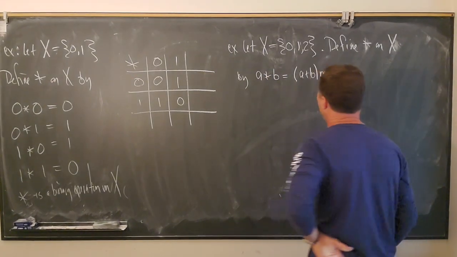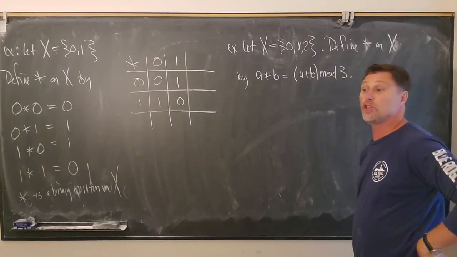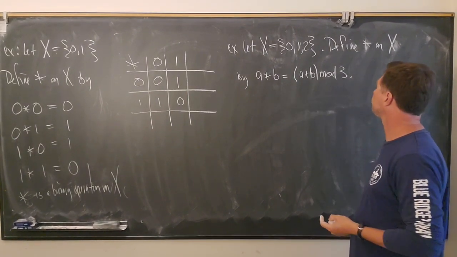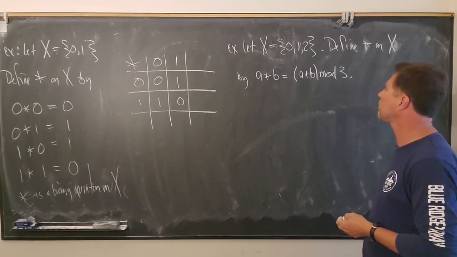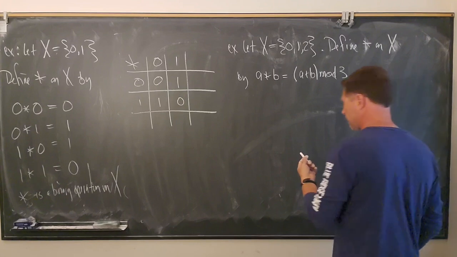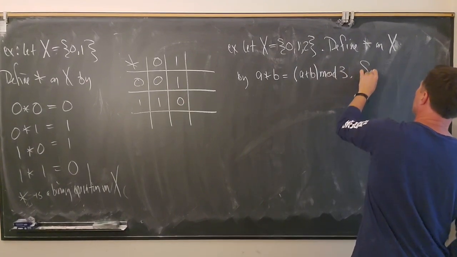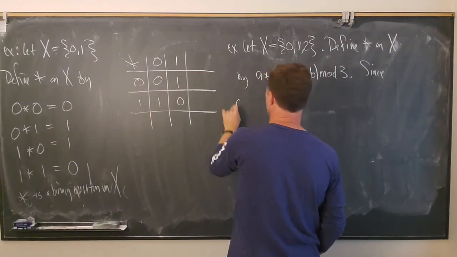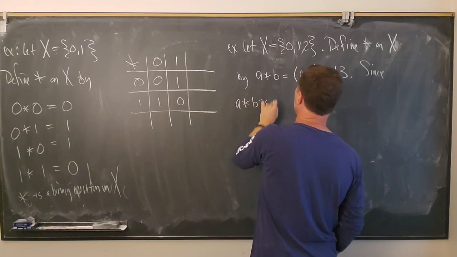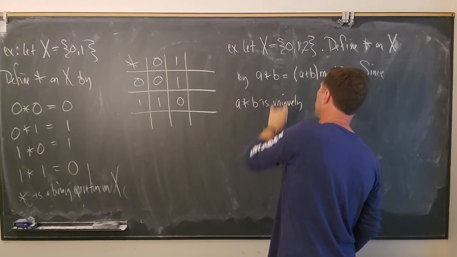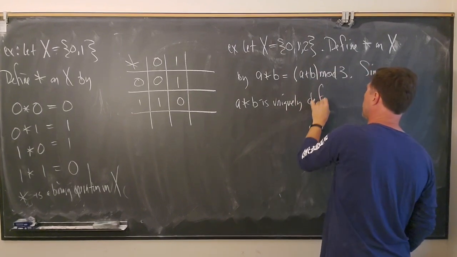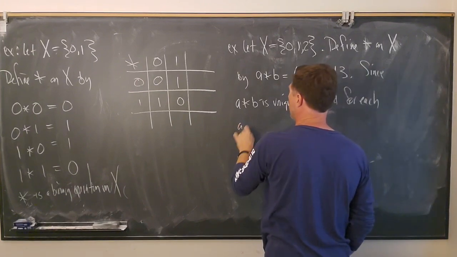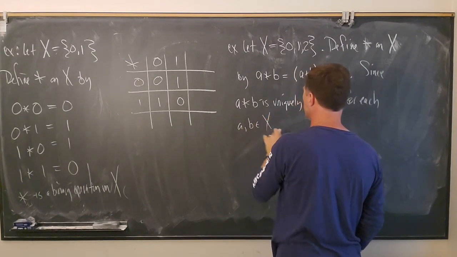So how does this work? A plus B mod 3 is going to be the unique remainder that you get when you run the division algorithm on A plus B. When you divide it by 3, what's the remainder? So first, let's say some words here. Since A star B is uniquely defined for each pair A, B in X,